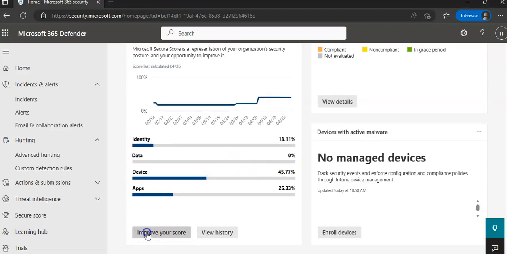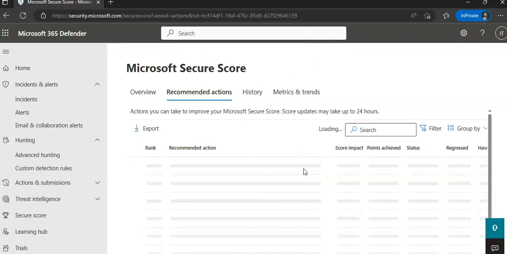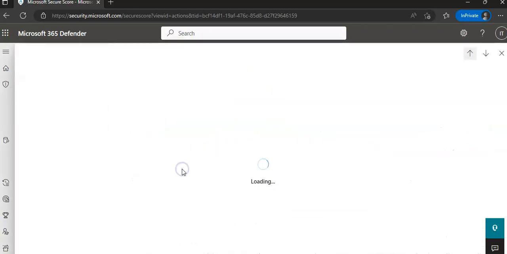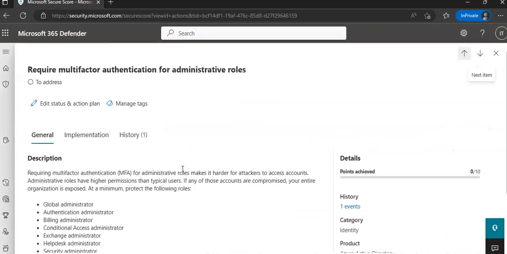If you click on improve the secure score, it will give you all the recommended actions that you should follow to improve the secure score. It also includes their statuses like to address, planned, risk accepted, resolved through alternate mitigation, or completed. So if you click on this first recommendation that we are getting to improve the secure score,